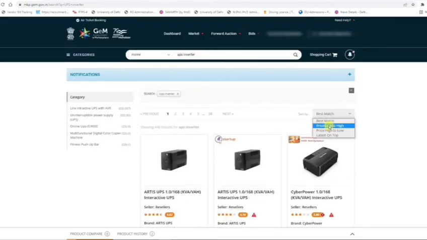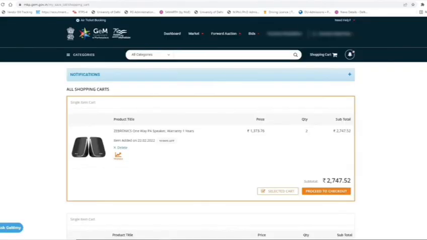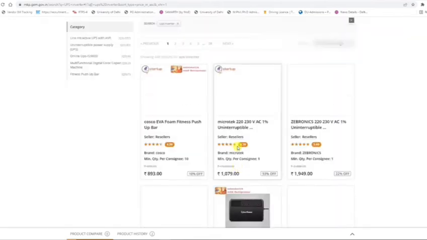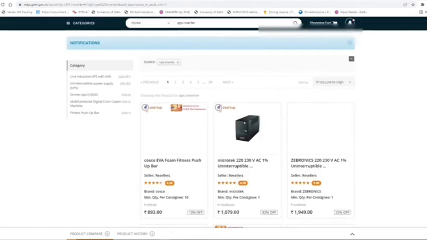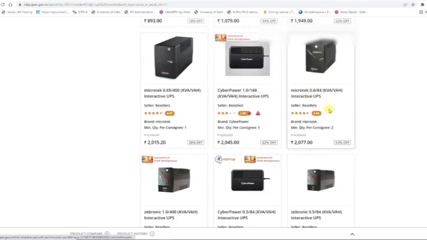According to my requirement, I have to select the filters, which are available on the right side of the menu, and as well as on the left side, where you can select silver and golden parameters. So according to requirement, I have to choose the UPS inverter. Okay, suppose I require this inverter, so I have to click on that, and I can check the entire product specification.